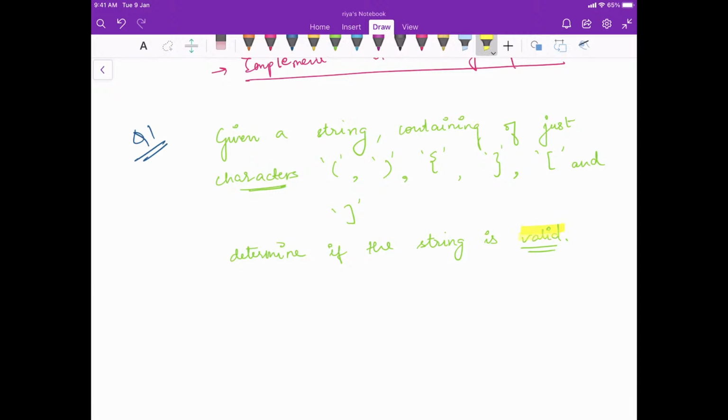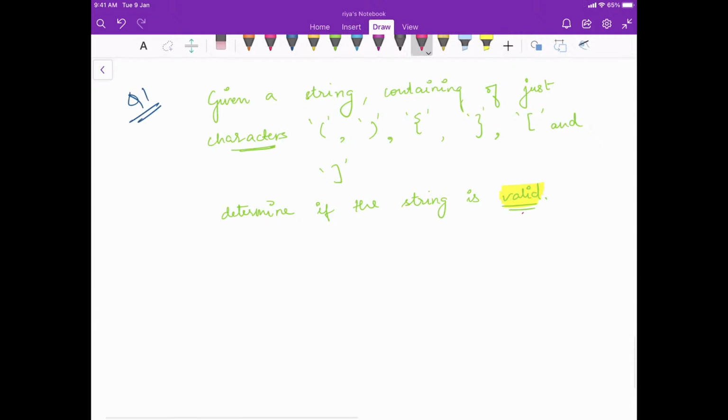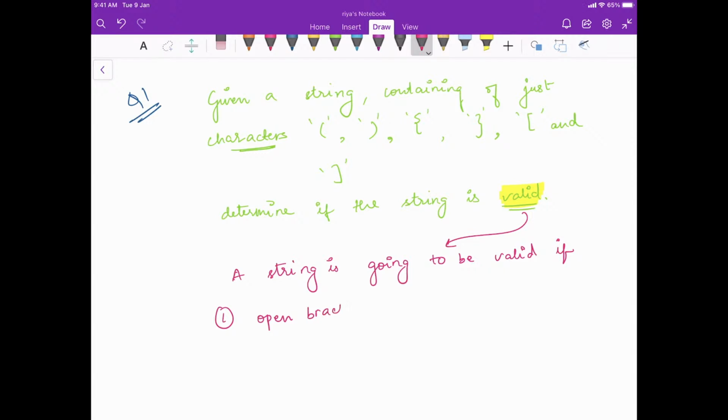Now, how do I know what to call a string valid? So we can basically say at this point, a string is going to be valid if open brackets must be closed by the same type of brackets.